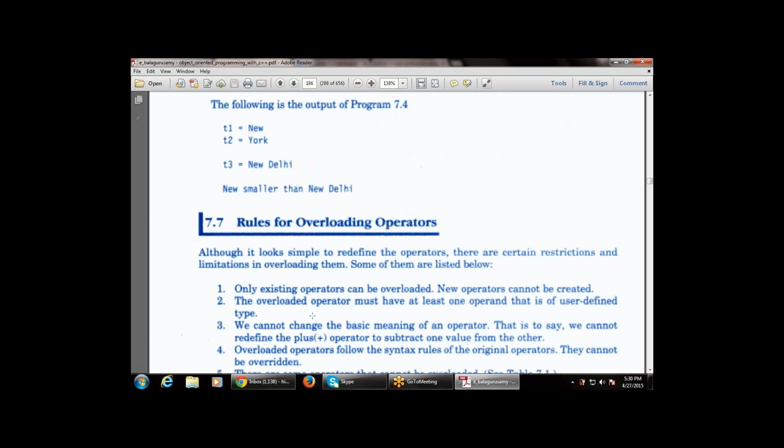Next are the rules for overloading an operator, that is, how to overload the operator. These rules are given below. Although it looks simple to redefine the operators, there are certain restrictions and limitations in overloading them. There are various restrictions that limit how we can overload the operator. So what are the various rules covered in this